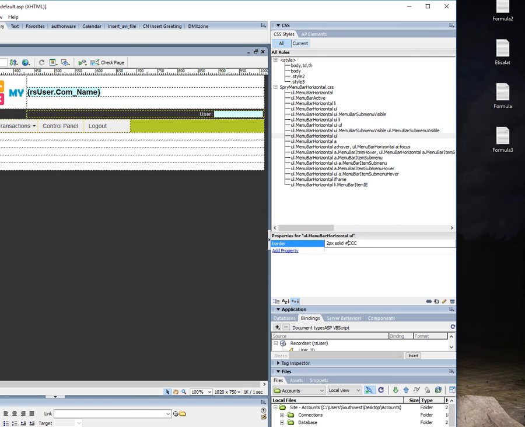and I want it to be the color I want, just F8A918. Alright, and